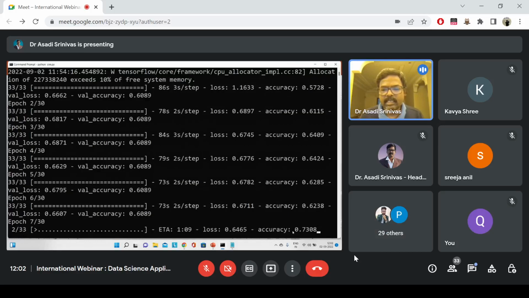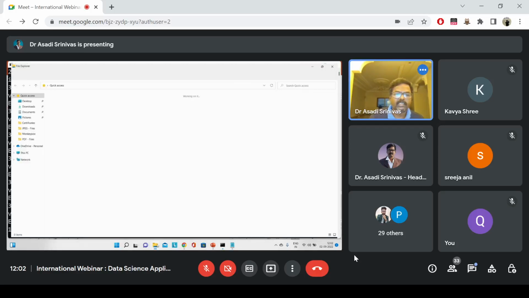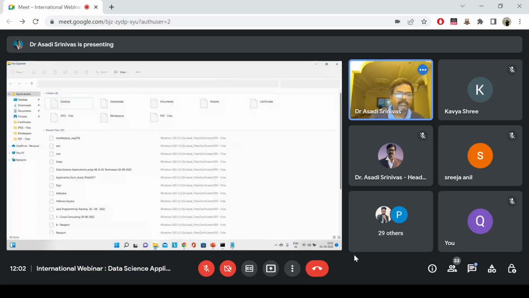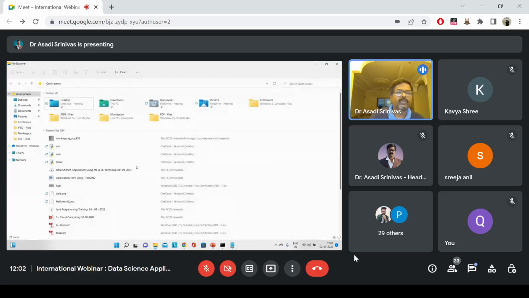And these are the monkeypox images. Now I am showing. See, it is running because I have given 33 steps and 30 epochs. It is taking huge time because I have taken 5,000 monkeypox images as input. So that's why it is taking time, and I'll show you one more